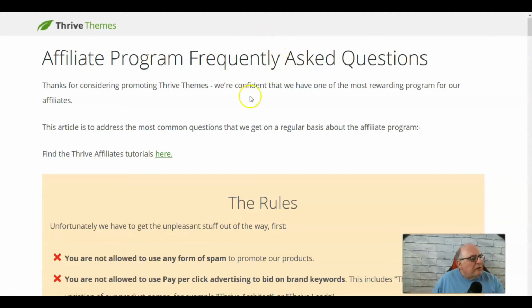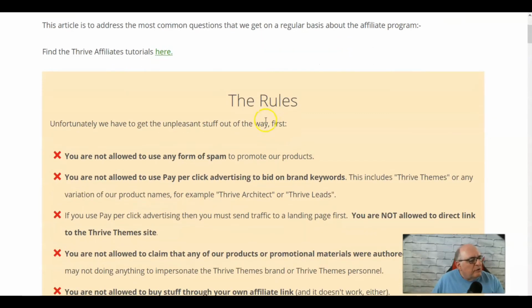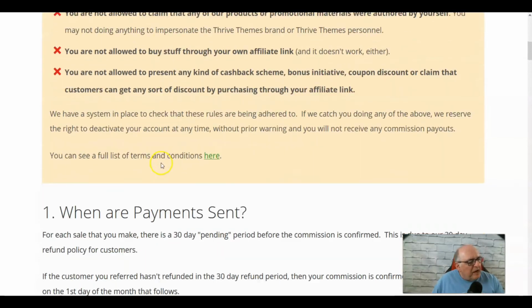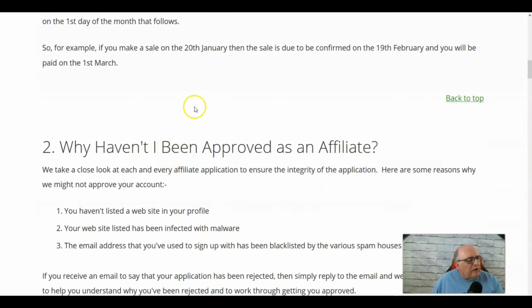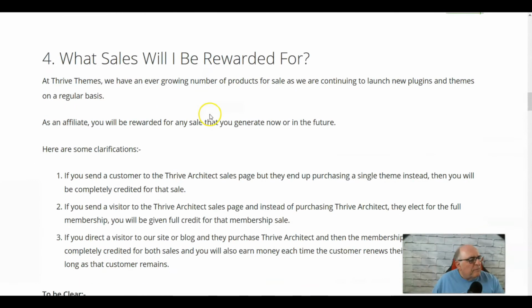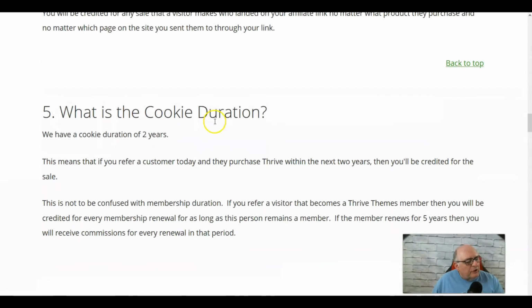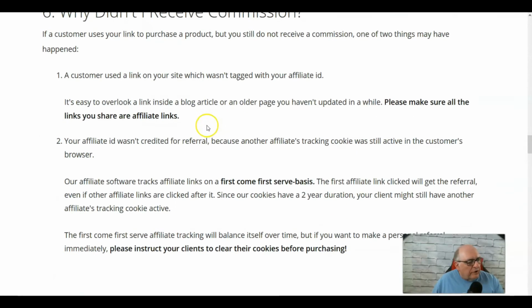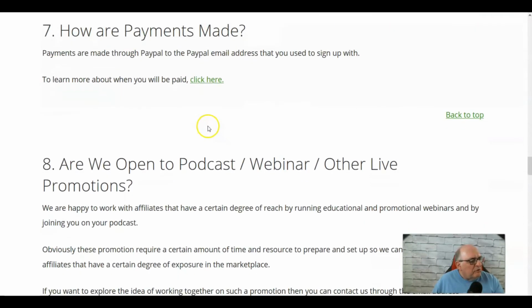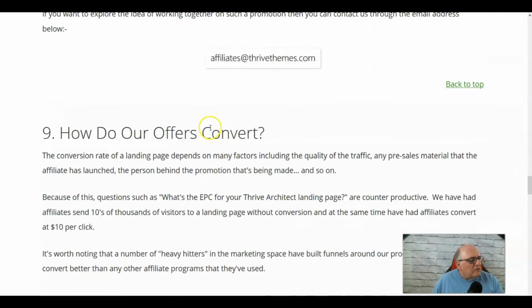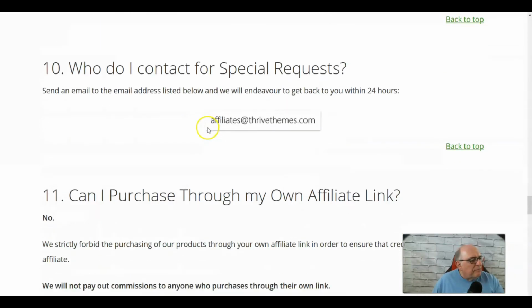Now, frequently asked questions, what you want to do is, you need to know how you're promoting products, what's allowed, what's not allowed, and how you get paid and all that stuff. So very important to read through this here. What I was doing, I was looking to find out if they had any tutorials on how to create links. So as I scroll down through here,